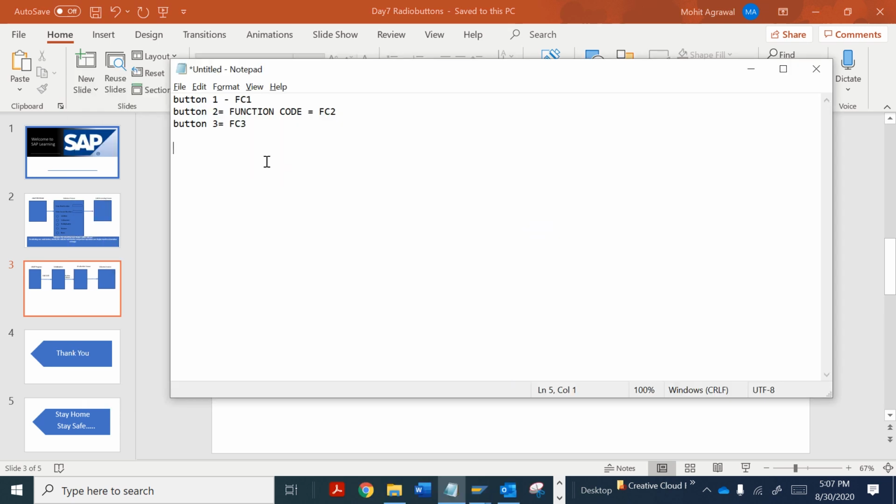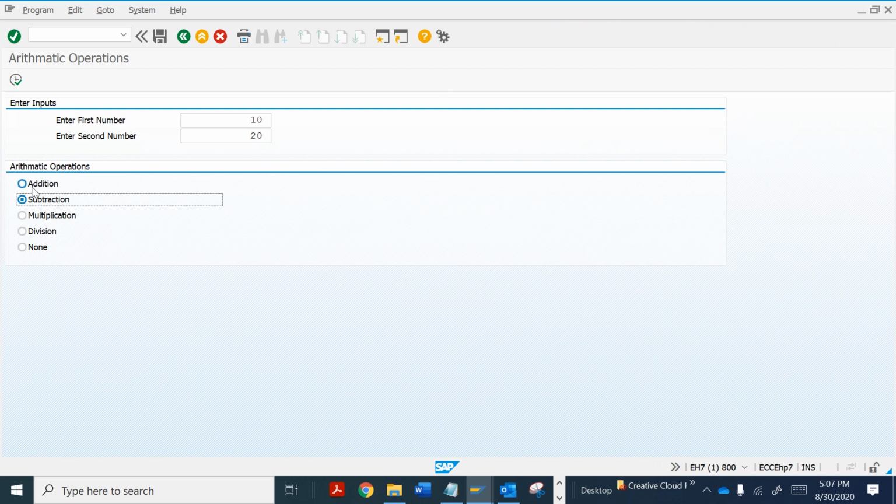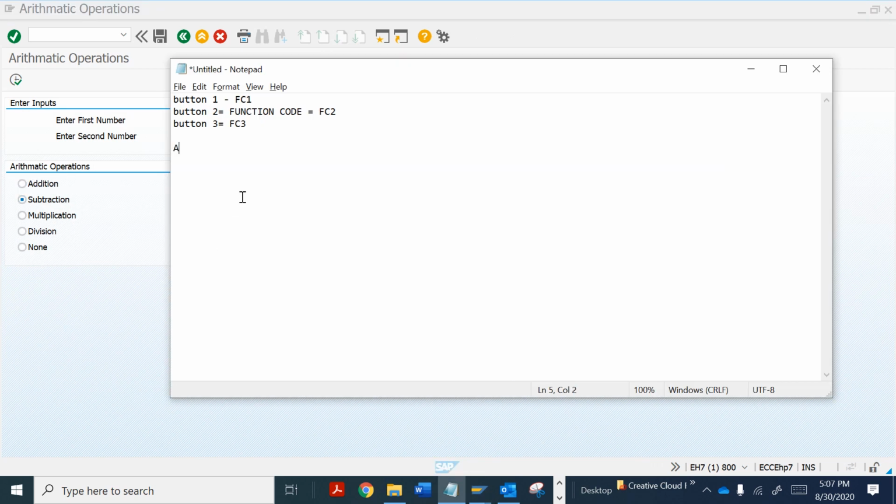In our requirement, we have a radio button. So in that case, we have another event, which is AT SELECTION-SCREEN ON RADIOBUTTON GROUP.